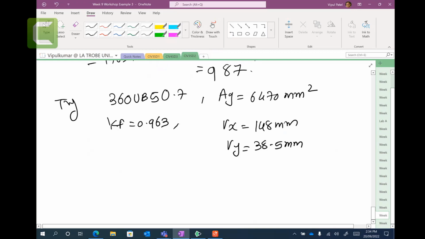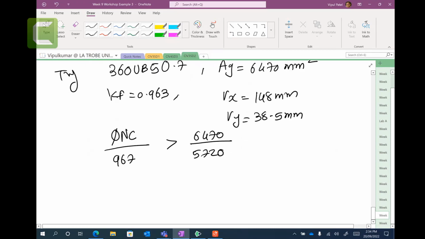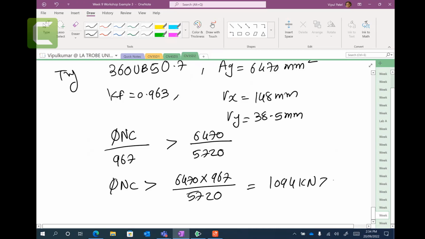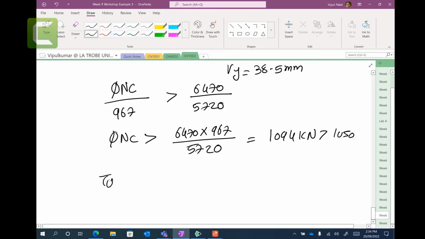And since all these values are higher, what you can do is just calculate the capacity between these 6470 and in the previous one was 5720. And the capacity was 967. So you can just take the ratio. So that ratio was 5720, and that will give you 1094 kilonewtons, which is greater than your 1050. Therefore, we can take